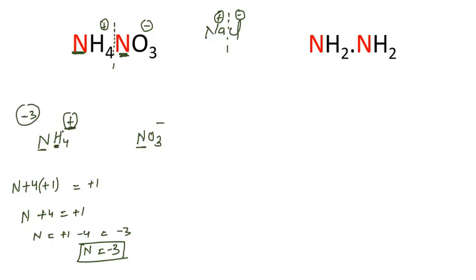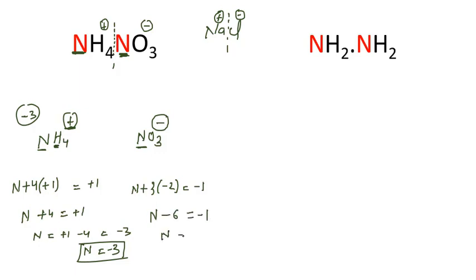Now if I talk about nitrate ion, in this case the total charge is -1. I mention here -1 is equal to, first the nitrogen, for which we have to calculate the oxidation number. Well, oxygen, as we already know, shows -2 oxidation number. There are three oxygen, so I multiply by 3. Then we can simplify. 3 times -2 is -6, so nitrogen plus -6 is equal to -1.